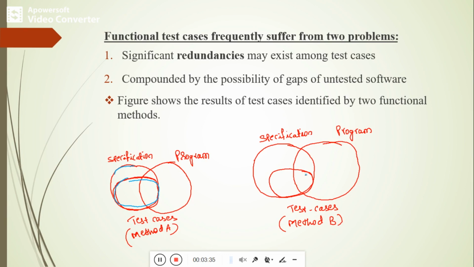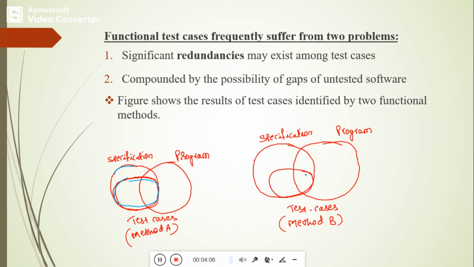If less specification has been described to the tester, then we will write fewer test cases, and there is a chance of huge bugs existing in that particular product. So from these two figures, method A and method B, we can clearly say that functional test cases depend on the specification behavior. If the specification is clearly defined, then there will be more test cases.